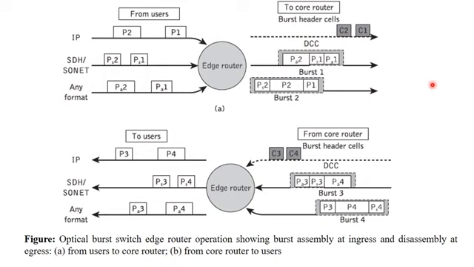Now let us take figure B. In figure B we have packets in burst format received by the edge router. We are not just making an exact replica of the packets here. So now we have burst 3 and burst 4, burst 3 with respect to control C3 and burst 4 with respect to C4, on the control channel. Burst 3 consists of these various packets, and all of these together reach this edge router.